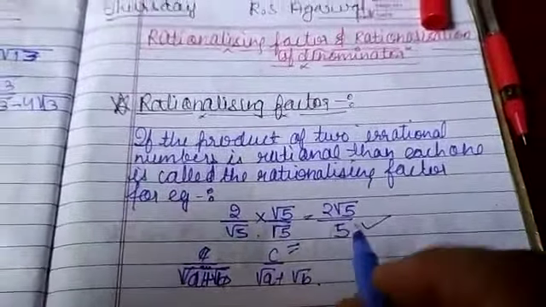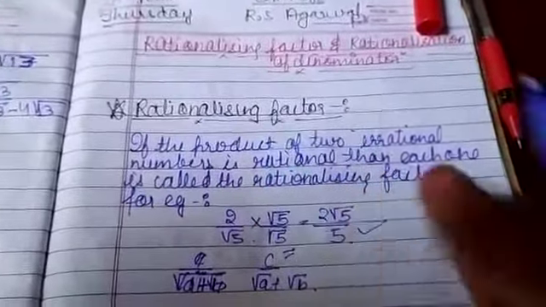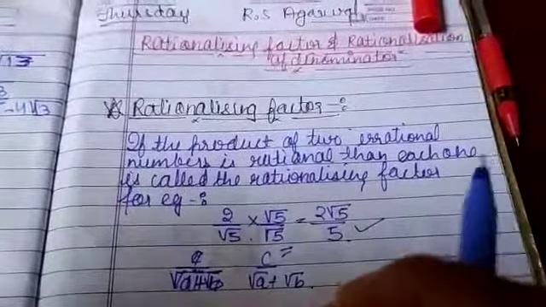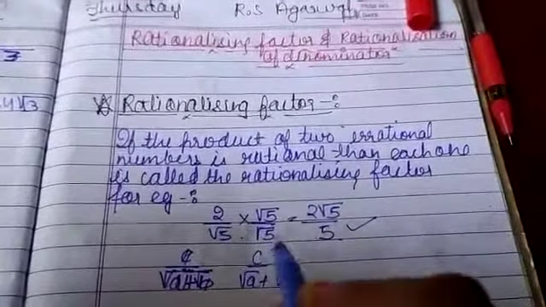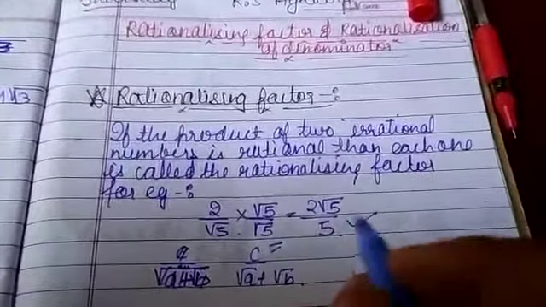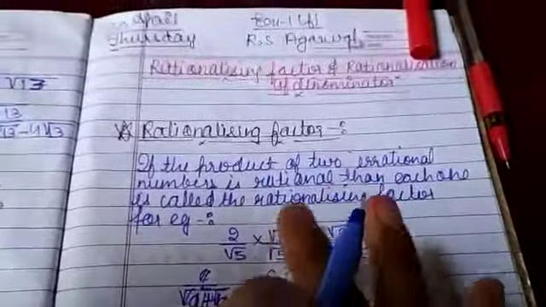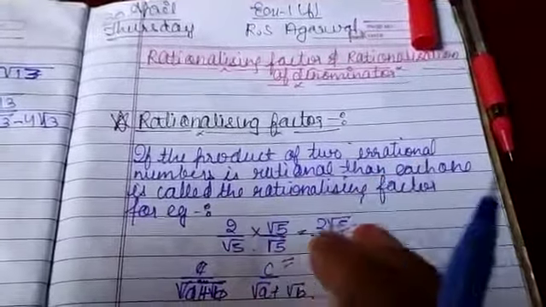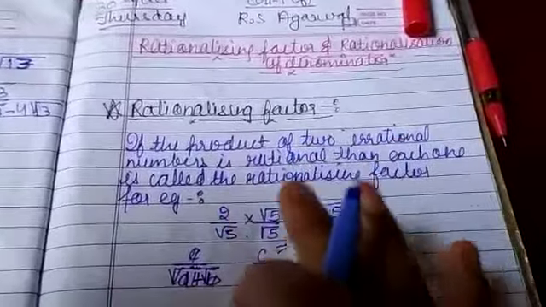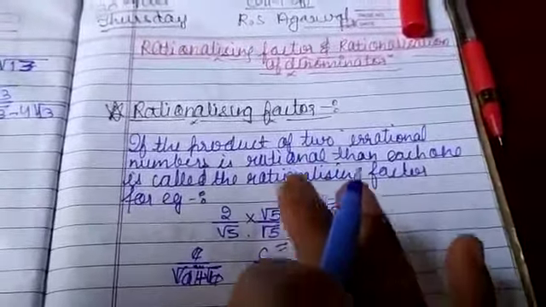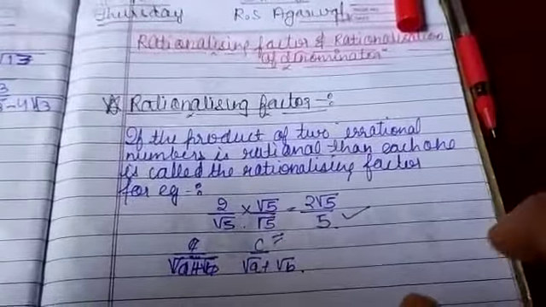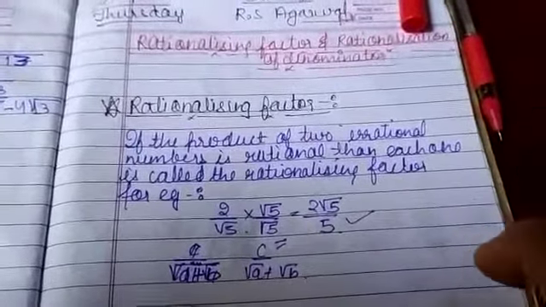Please try to understand, rationalizing factor means the term by which you multiply the denominator in order to eradicate that under root sign. That term is known as the rationalization factor. Students, please try to understand it very properly. This is a new topic for you all, and if you understand the basic concepts of this, I am sure that you will be able to solve the full exercise by yourself without any guidance.